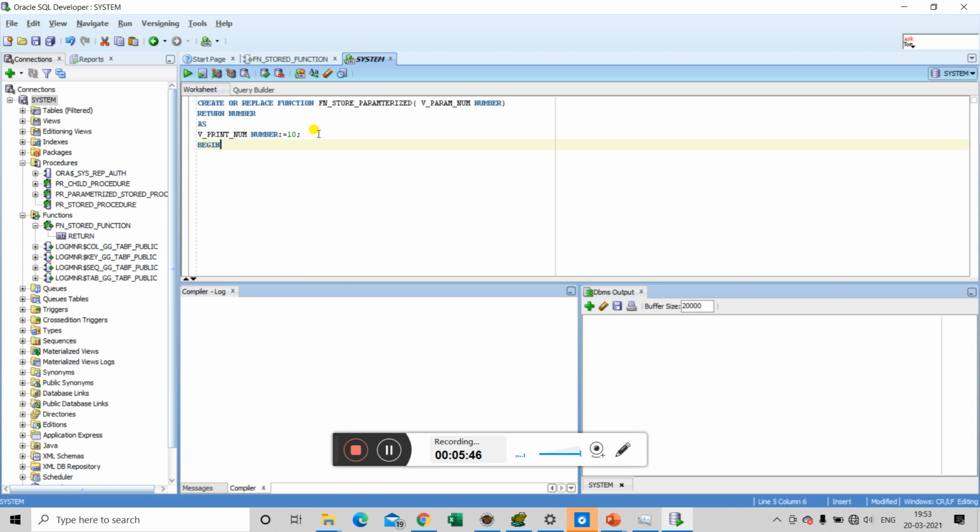Now here starts an execution block with the begin clause. In this begin clause, first we will print the value using dbms underscore output dot put underscore line. First we will print the parameter: the passed parameter is this one.